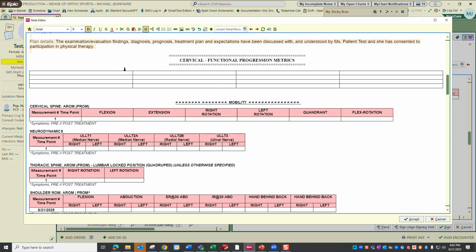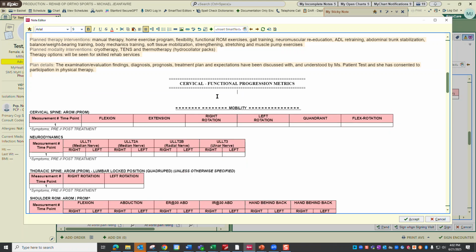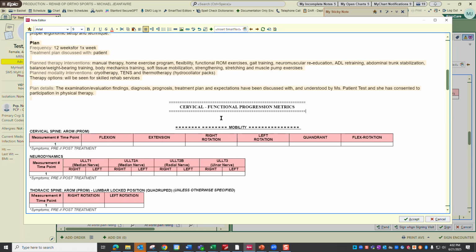You know what I have done it for is vitals. Then I'll put BP, heart rate, SpO2, something like that. Okay. But it takes more time. It's taken me, and I will say that